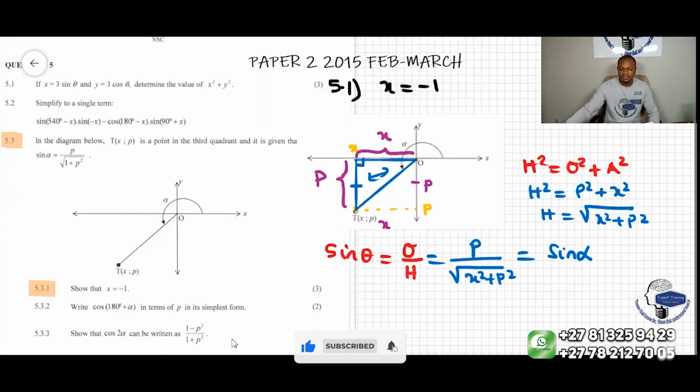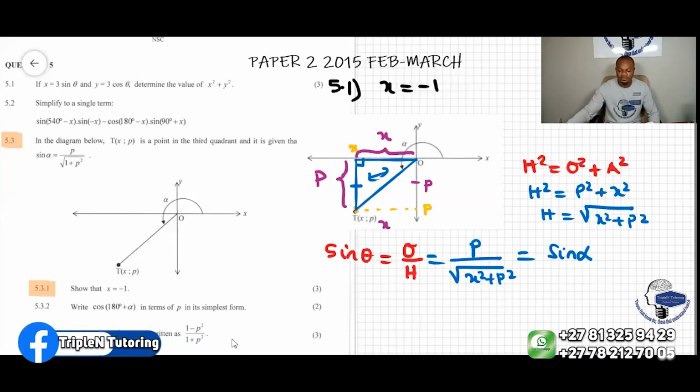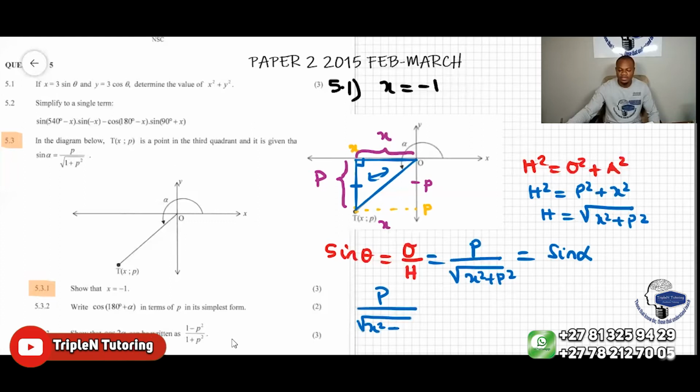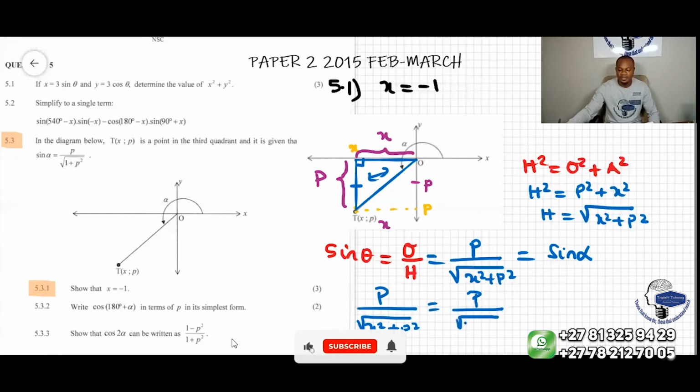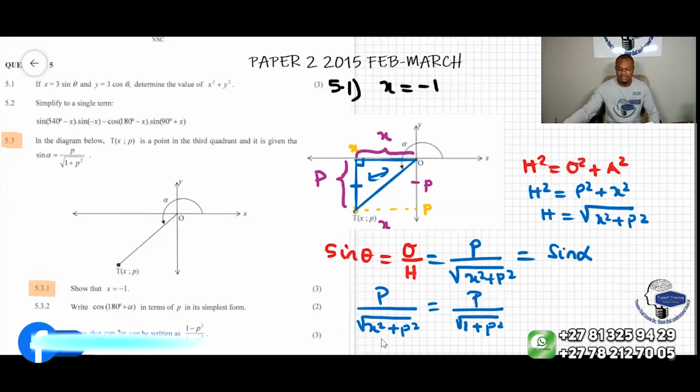We will then equate the two values. So we have p over square root of x squared plus p squared equal to p over square root of 1 plus p squared. Now, this implies that, because they are both the value of sine alpha,